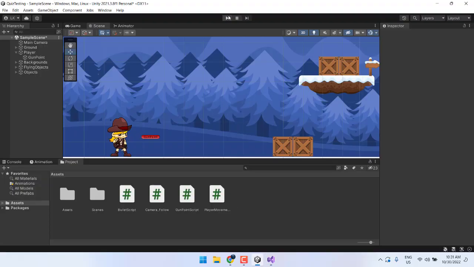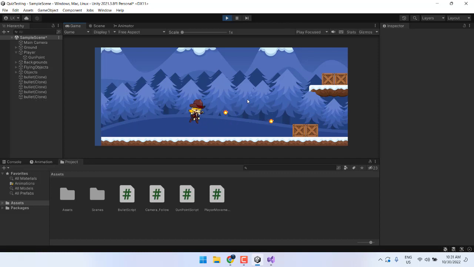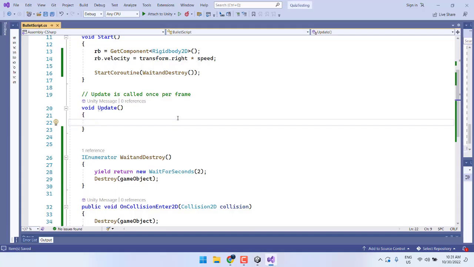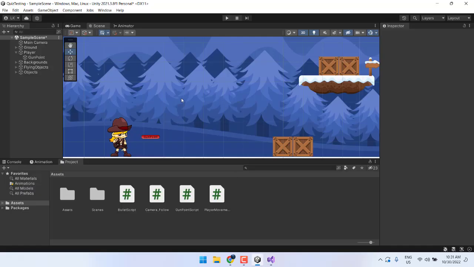If I run my game, you see after a couple of seconds the object is destroyed. Finally, we are optimized now. Okay, so we are done with bullets. Now you can even make the fire effect as well. If it collides with something, you can instantiate a fire effect. I think that's it in this